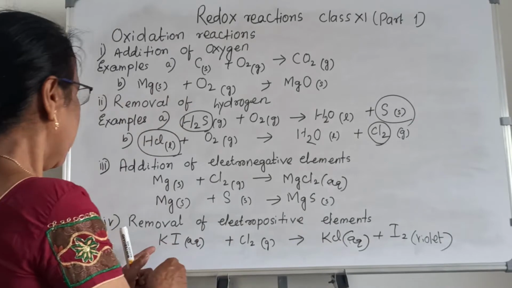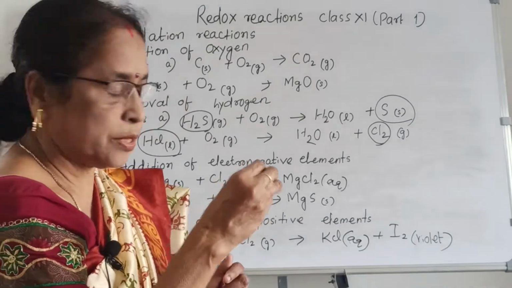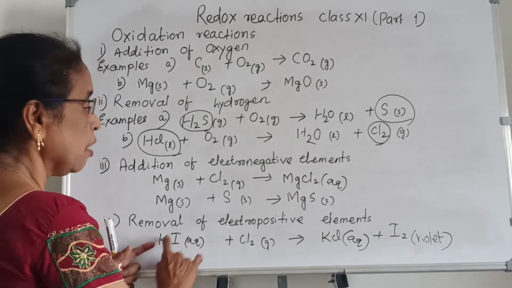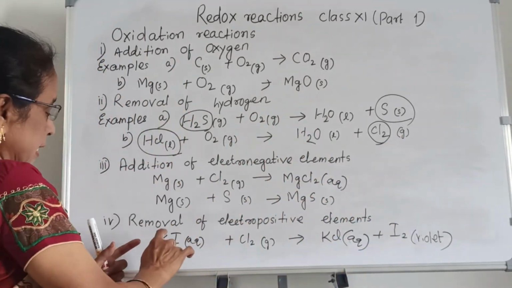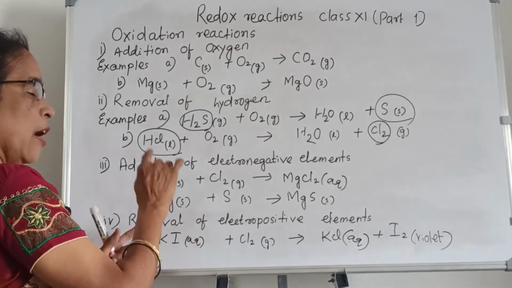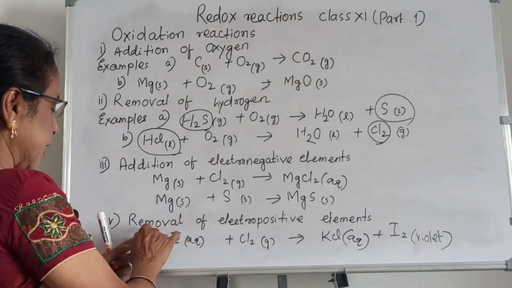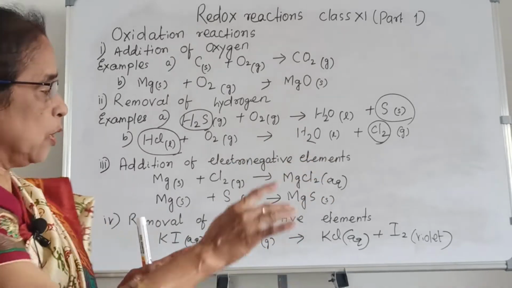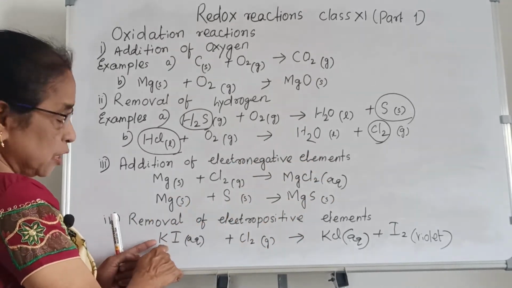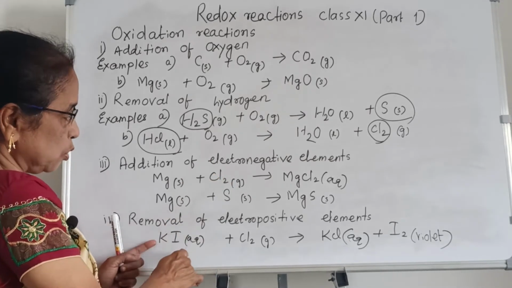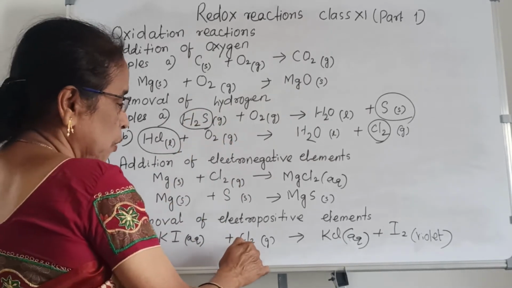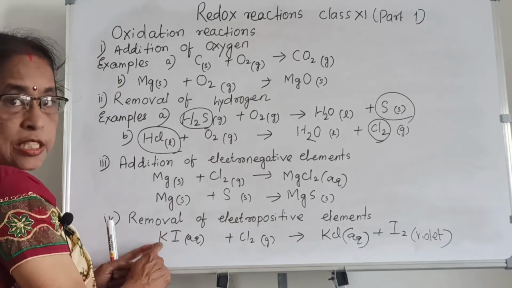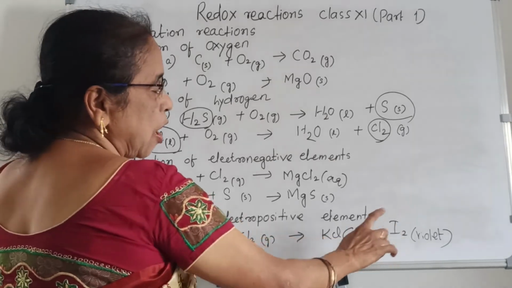That is, removal of electropositive element, that means potassium is removed. Potassium is removed, only iodine is there. That is why it is known as an oxidation reaction example, and here the cause is removal of electropositive element. Which electropositive element? Potassium. Where? In potassium iodide solution, with the help of what? Chlorine. And chlorine is not responsible for the word oxidation, only potassium is removed and it gives iodine,